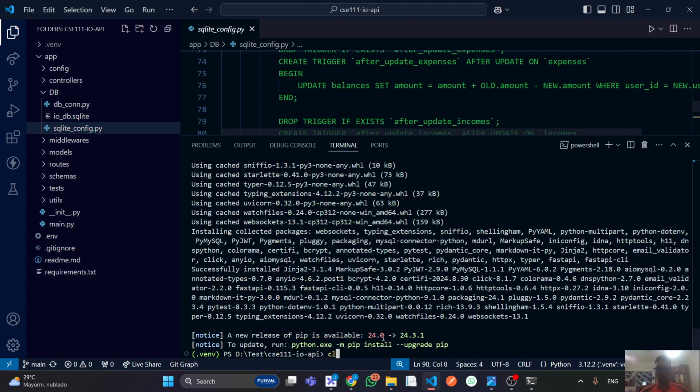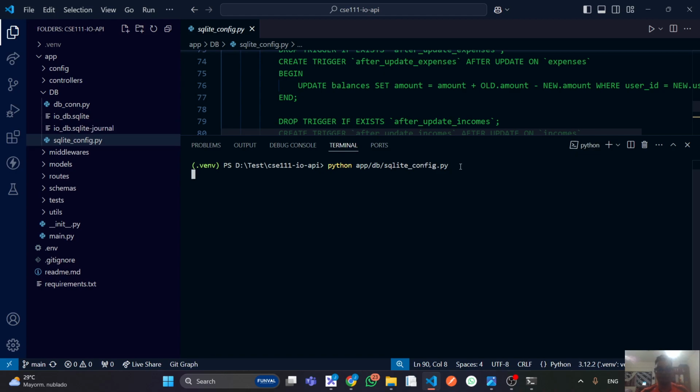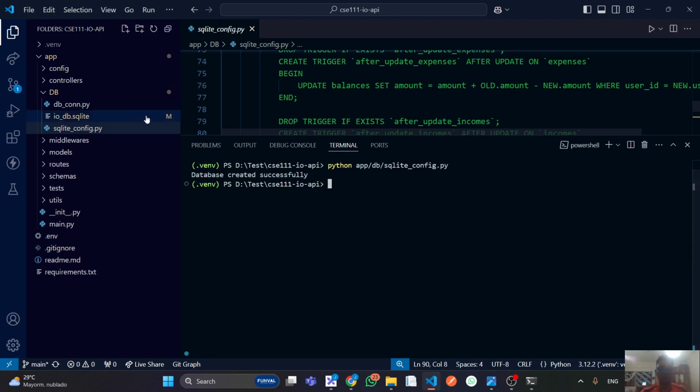Yeah, it finished. You just need to type python app slash db slash then SQLite, the name of this file. I'm going to copy it very quickly. And that's going to build the database. Right? After that,